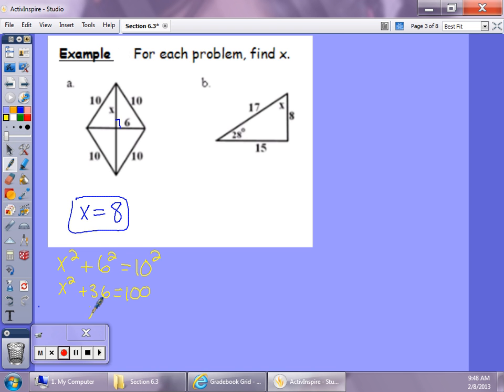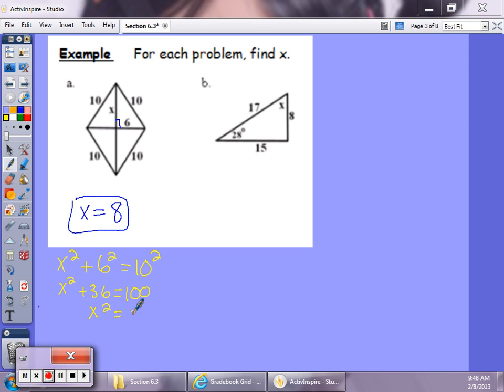And when you subtract 36 from both sides, you're going to get x squared is equal to 64. And then when you take the square root of both sides, you're still going to get the same answer of x equals 8. So again, you do not have to memorize the Pythagorean triples, but it just helps a little bit when solving